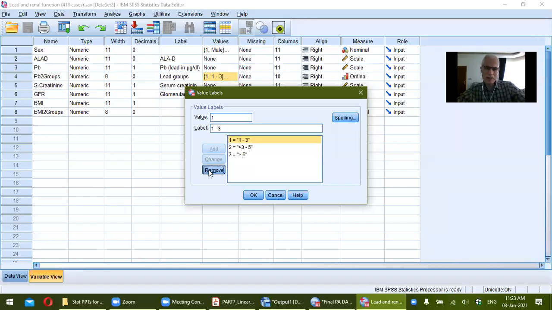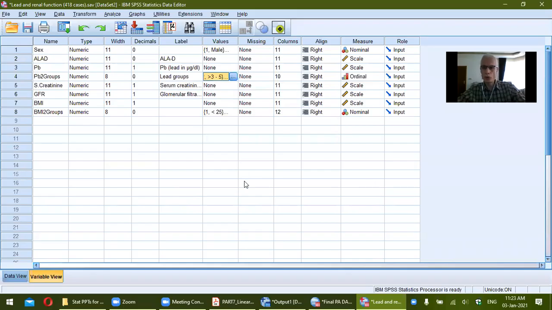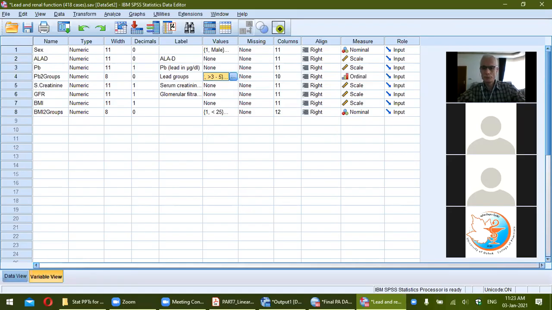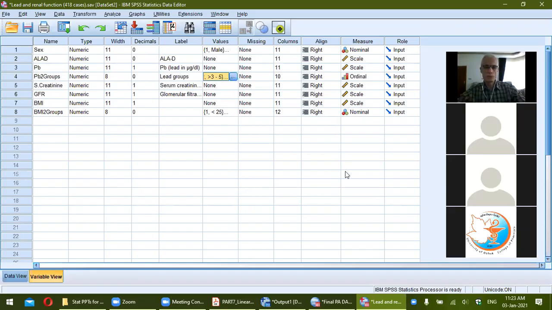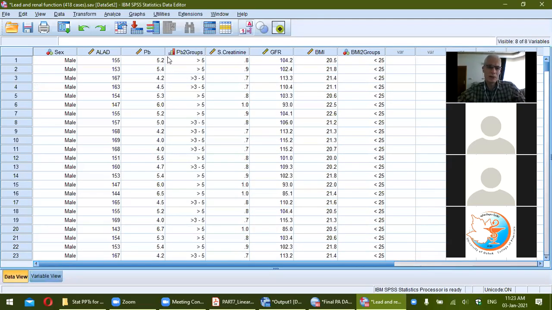We can simply remove that. Yeah, we have two groups here. So of course we can't apply another test because there are two groups. We simply can apply a t-test here for the difference in serum creatinine for the two groups of lead,